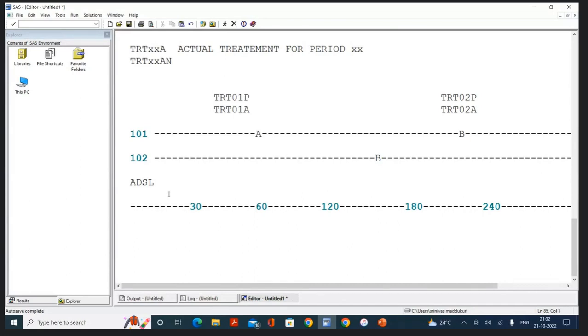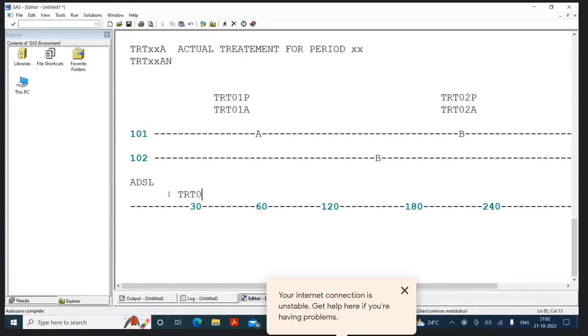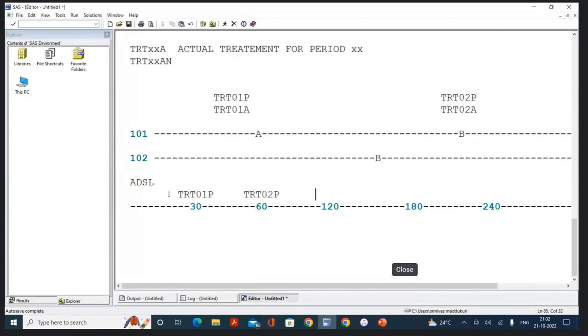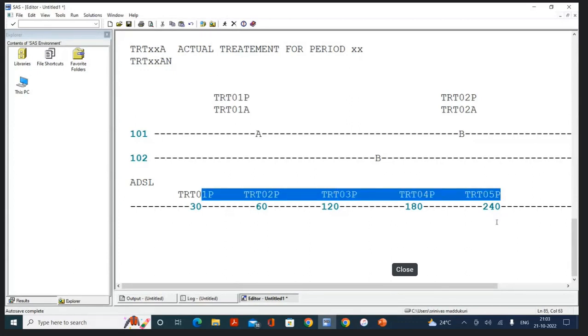So I will show you this specification. This is what we are going to program in the future. So this is going to be TRT01P, this is TRT02P, TRT03P, third planned treatment, and this is TRT04P. So we are going to have TRT05P. But in ADaM guidelines, they say there is the possibility of 99 variables. We never have so many, but sometimes we are going to have 4 to 5.